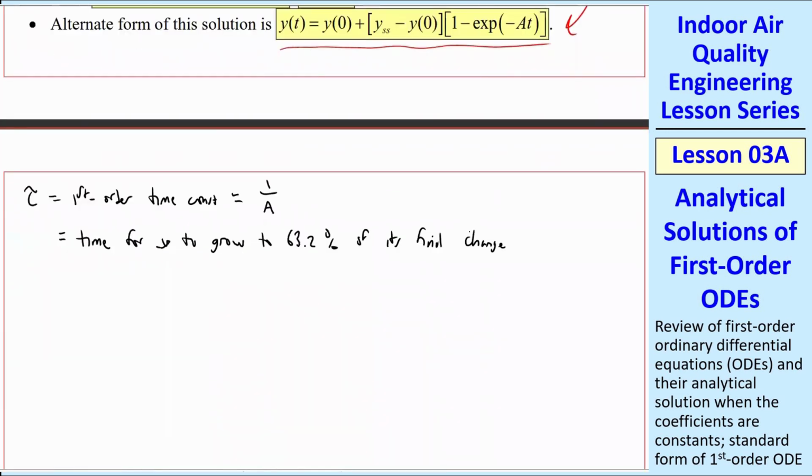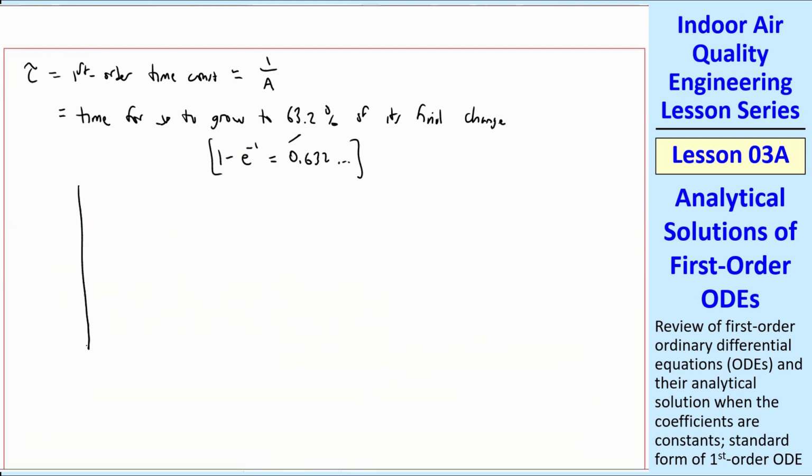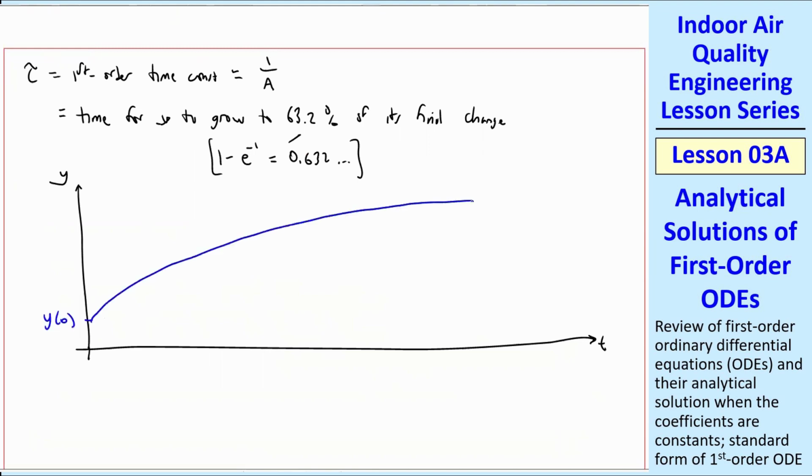And that 63.2% comes from 1 minus e to the minus 1. If you plug that in your calculator, you get 0.632. There's a bunch of other digits, but we'll just round it to that. So what we mean is this, mathematically or graphically: if I plot y as a function of time, and again, let's look at some y of 0, and it grows like this to some steady state value, and look at the change from beginning to end, and take